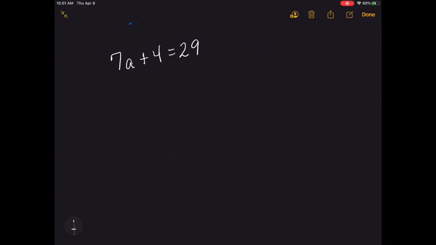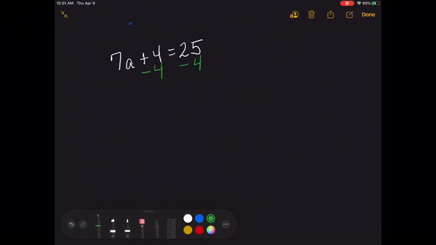Well, it's currently being added, and actually I'm just realizing that I wrote the wrong number here. That should be 25. All right, so the 4 is being added, so we have to do the opposite, which is subtraction. So let us subtract 4 from both sides of the equation. Okay, and now we're left with